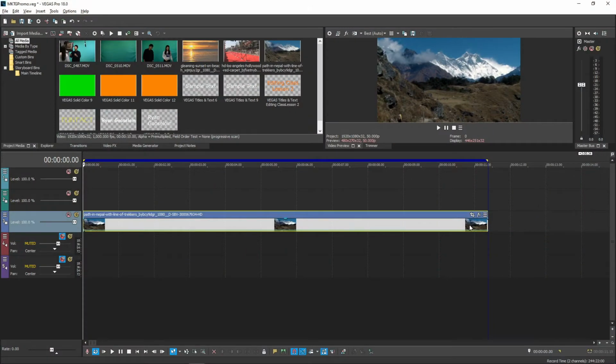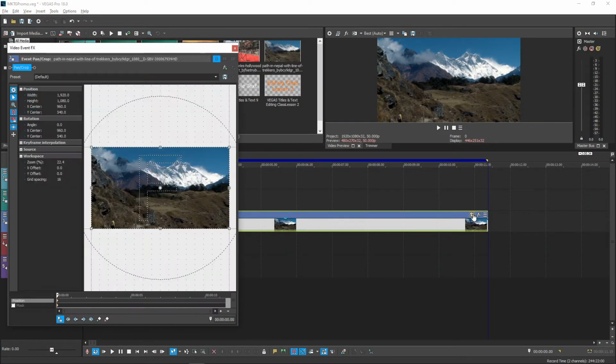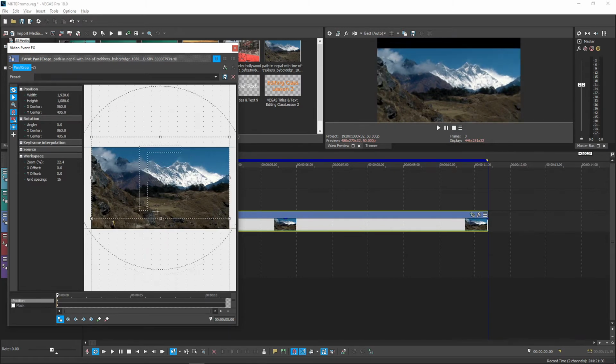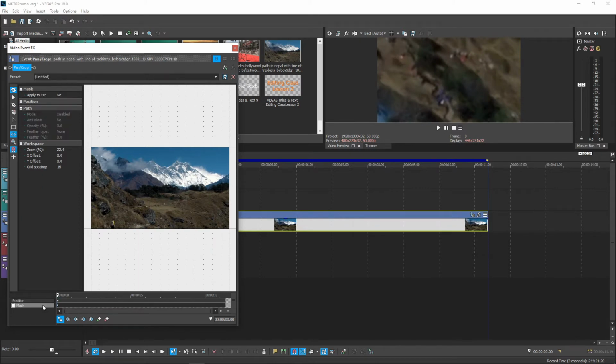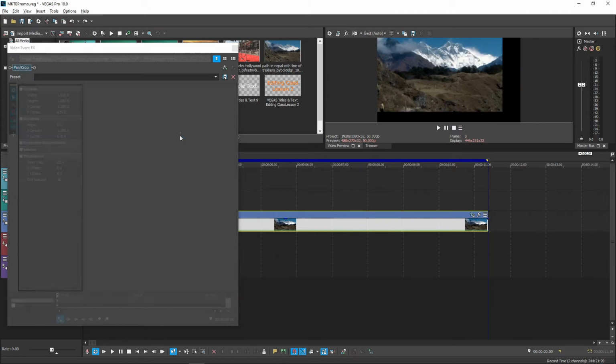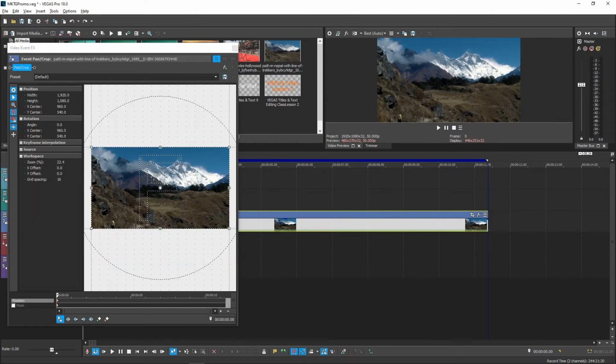The real fun part of animating, in my opinion, lies in the pan crop tool. As we know already, the pan crop tool has two tracks on the bottom. Position, which allows you to move things around, rotate, or zoom them, and the mask track, which allows things to show up and disappear. Let's look at the position track first.